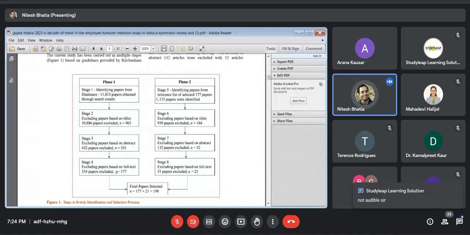Now, once those keywords are there, you go to the titles of the papers, like in Scopus or EBSCO,